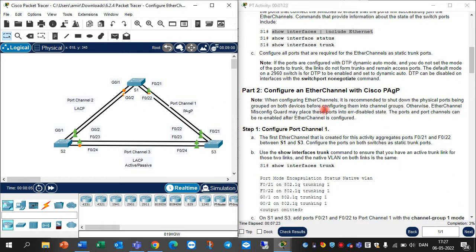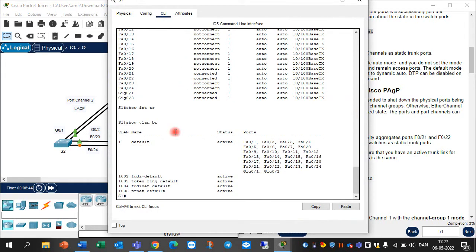Okay, and configure EtherChannel with Cisco PAgP. First, we start with PAgP technology. You should first configure the port channel. The first EtherChannel is created for this activity: it aggregates ports F0/21 and 22 between S1 and S3. Configure the ports on both switches as static trunk ports. As you know, we have two forms of trunk, static and dynamic. If you don't know about that, you can come back to one of my videos about VLAN trunking and trunking